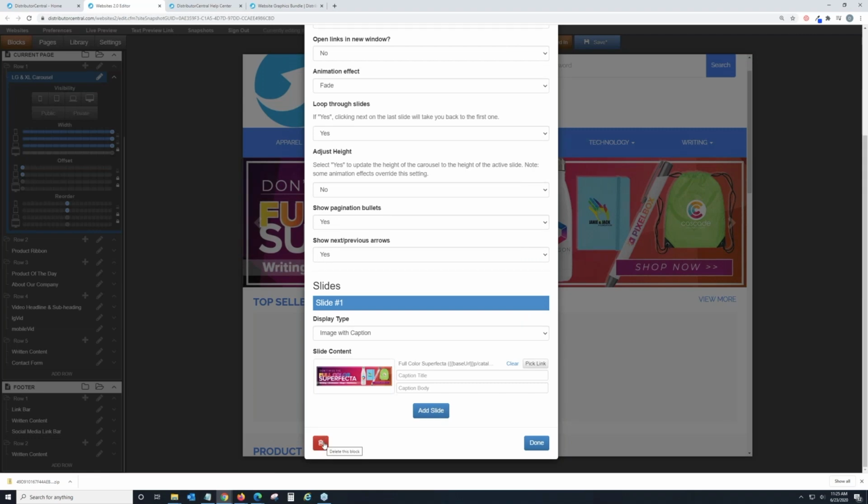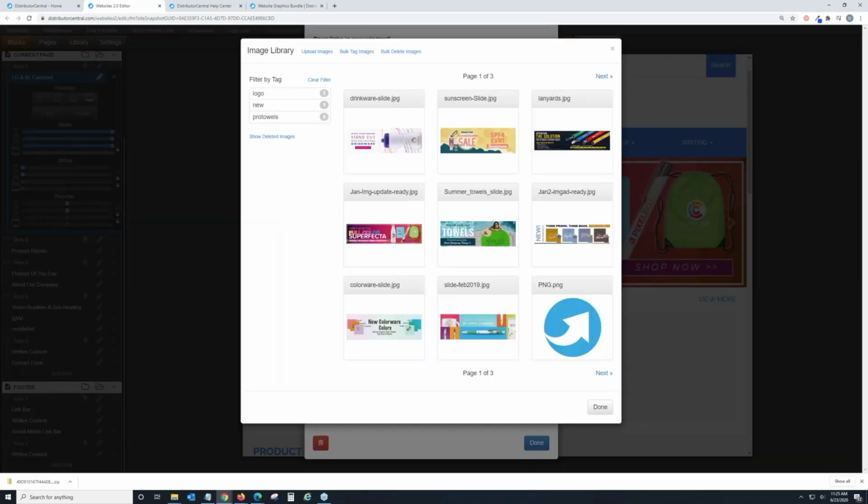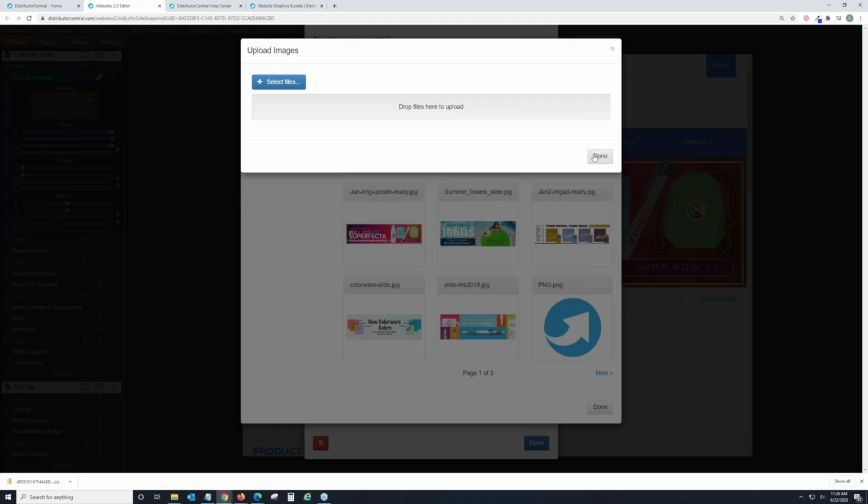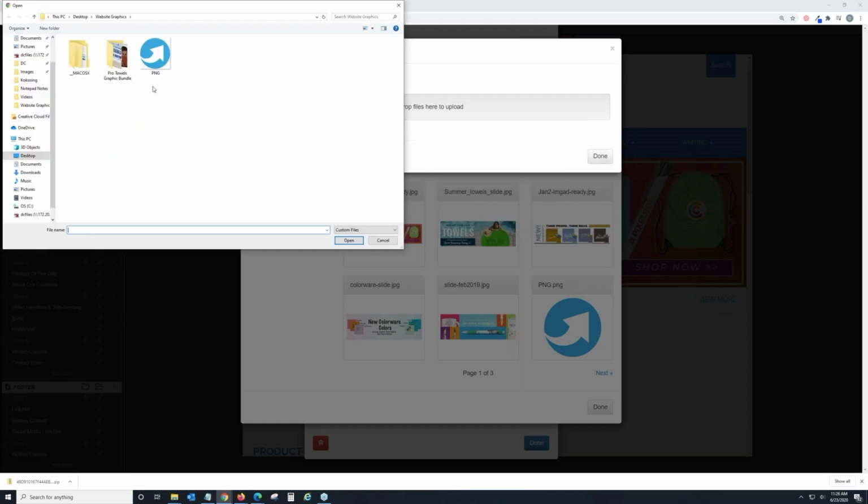You can delete it, and that will get rid of the block. But I want to replace this one, so I'm going to go to my image library. I don't have it in here currently, so I'm going to go upload images, and you'll see that that's the one that I previously did. I'm going to come to select files,